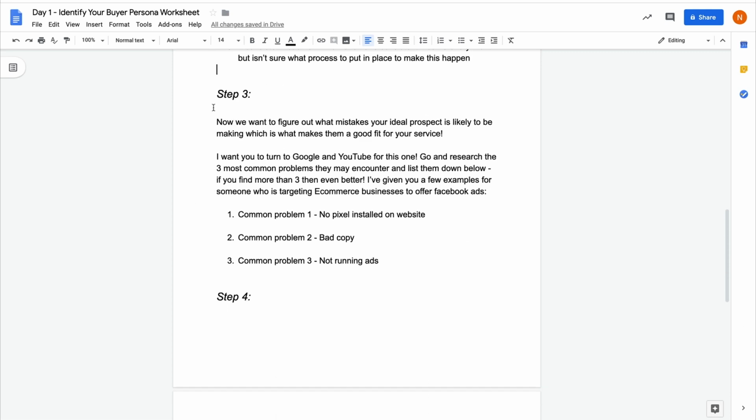After step 2, we have step 3. So we need to figure out what mistakes your ideal prospect is likely to be making so that we can figure out what kind of service we want to offer them and how it solves that problem that your prospect currently suffers with. So Google, YouTube, go and research the 3 most common problems they may encounter and list them down below. I've given you a couple of